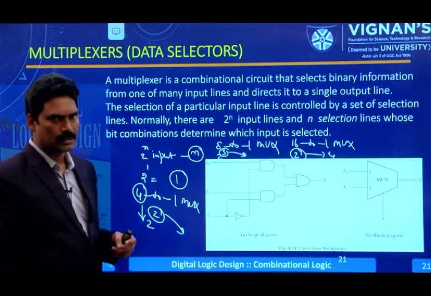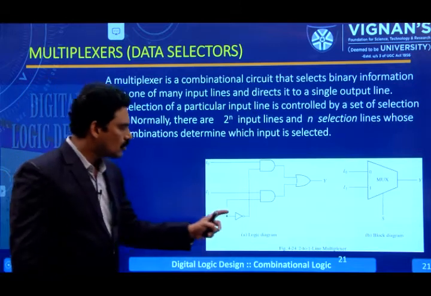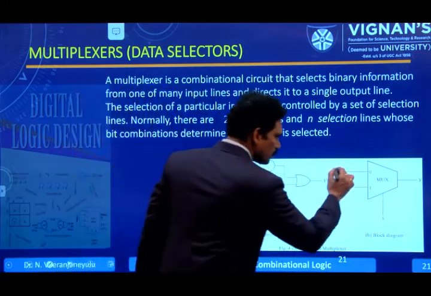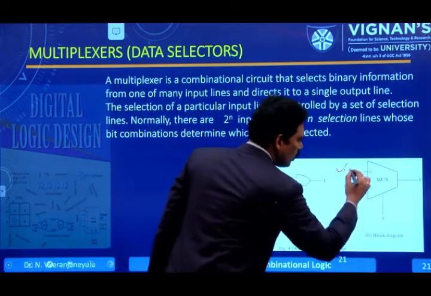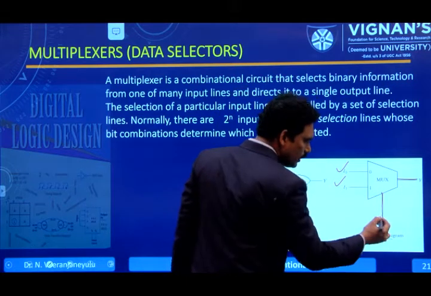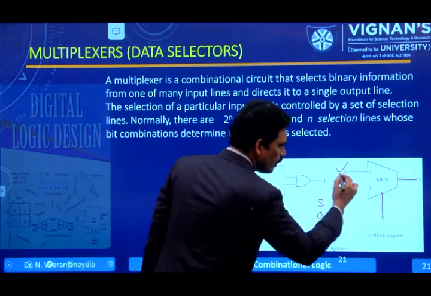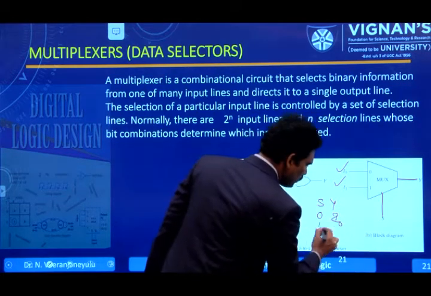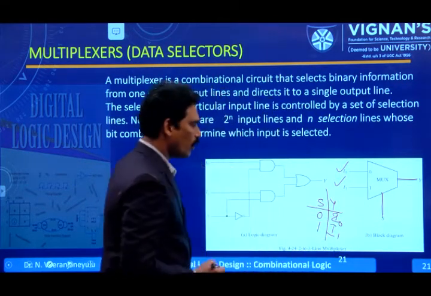This is about the multiplexer. So, we are considering this 2 to 1 line multiplexer. How many inputs are there? 2 inputs. What are the names of the inputs? I0 and I1. This is I0 and this is I1. 2 inputs are there, one selection line and one output. What is S now? If the value of S is equal to 0, the output Y is equal to I0. If the value of S is equal to 1, the output is I1. This is the truth table for this 2 to 1 line multiplexer.